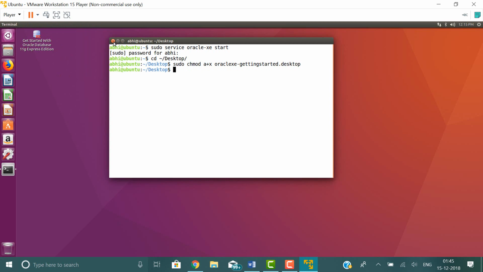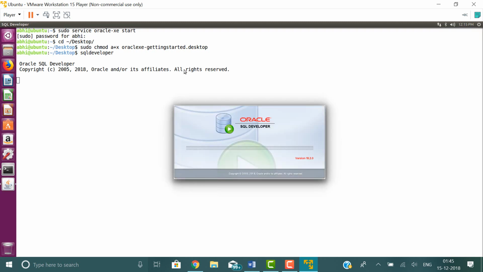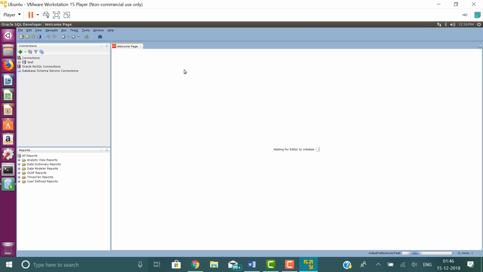Now we have successfully installed Oracle 11g Express Edition database in our Ubuntu host. Now let's test whether they are working fine or not. So I'll type SQL Developer in the terminal. It will open the developer for me, and then I'll link my Oracle 11g Express Edition database to it. Once it has opened,